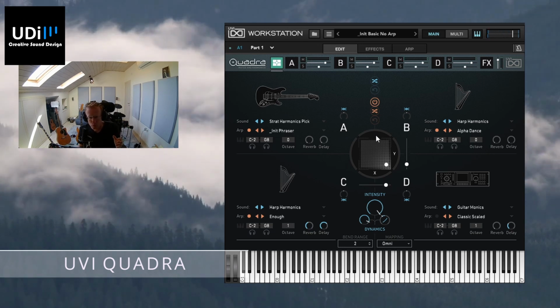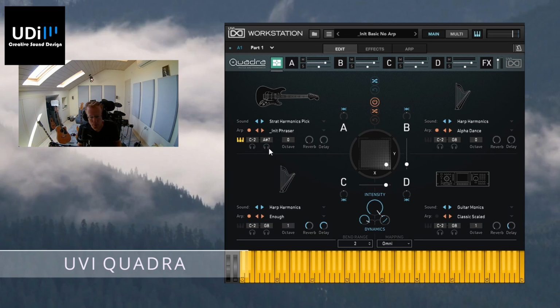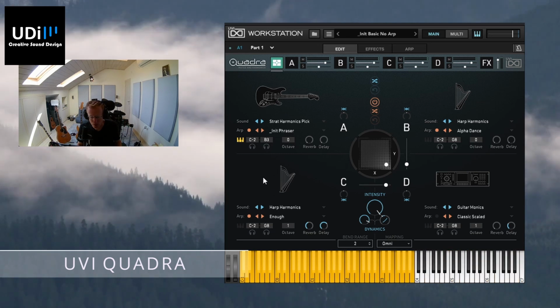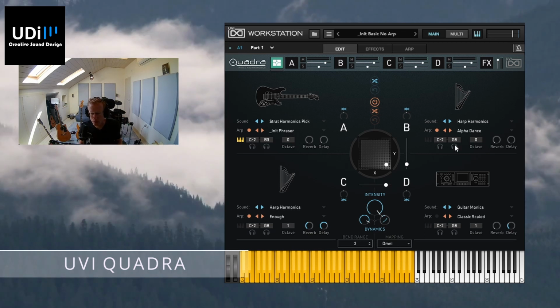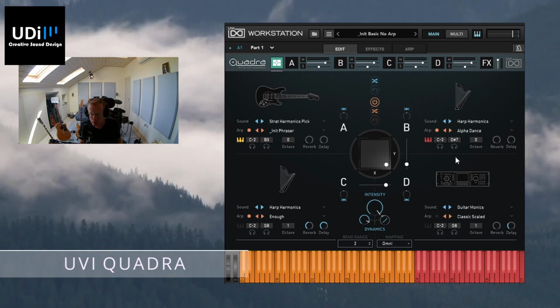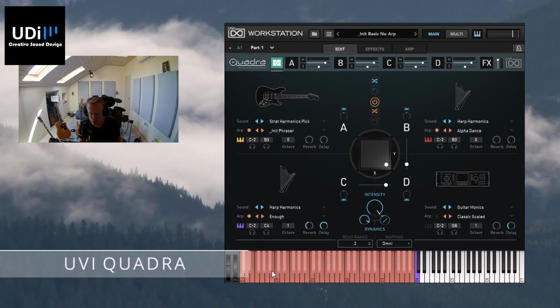And what I can also do, and again, this is just a demonstration just to get you going, is limit the keys here. So for example, I want to be able to play layer D on the high keys while everything else is running on the low keys. So it's not clashing. And I can do this very easily, just dragging down here all the other layers, and this one as well. And now